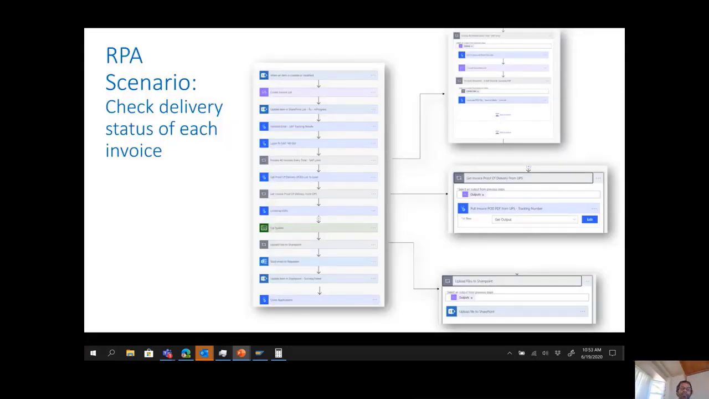And one of the lessons we've learned came from one of the customers that we're working with, where they were checking delivery status for each invoice, and this was how the overall flow would look. They would get triggered on some SharePoint request. They would create a list of invoices. Then they would initialize these invoice results in SAP,